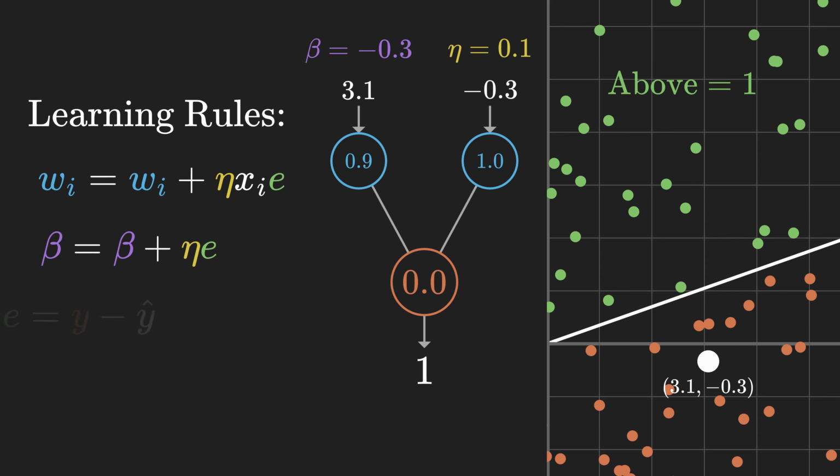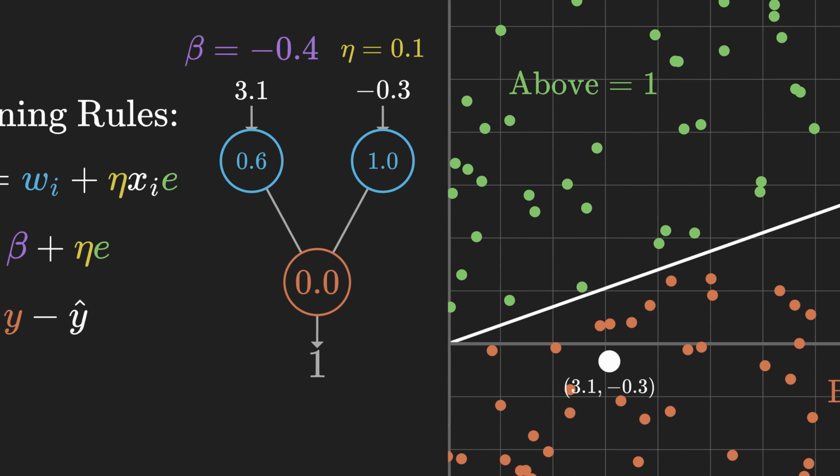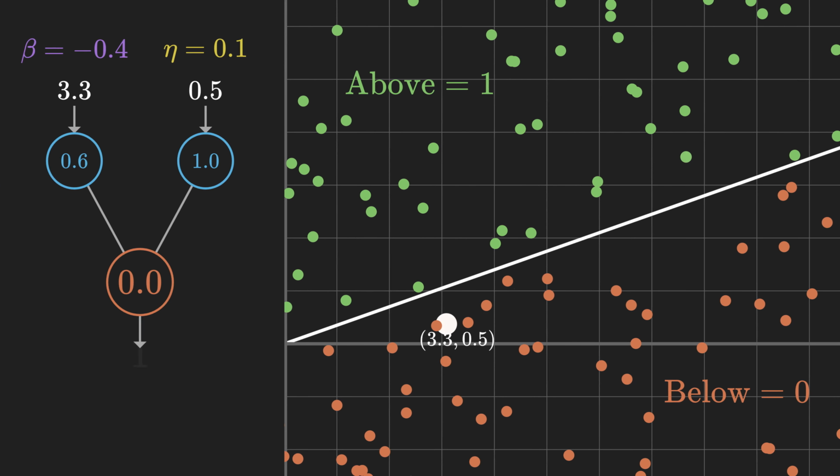To obtain this error metric, we calculate the difference between the expected output and the one the neuron predicted. This basically tells us whether the neuron has overshot or undershot. By applying these learning rules across many training examples, the neuron slowly improves. At first, it will get most of the points wrong, but with each update, it sets itself closer to the right decision boundary, until it eventually converges onto the optimal weights, which in our case are -1.2 and 1.3. From that point on, the problem is solved, and the neuron won't get any problems wrong anymore.